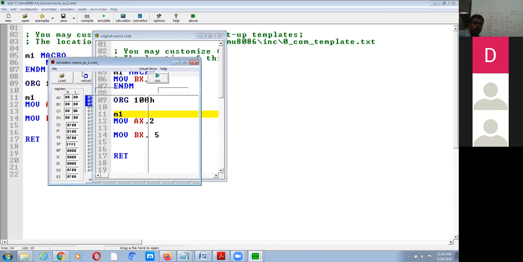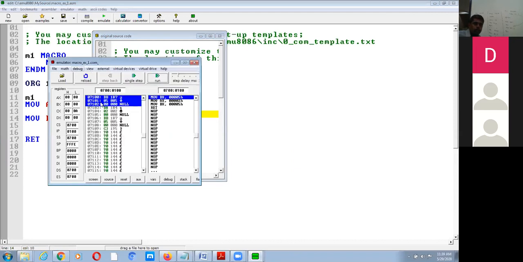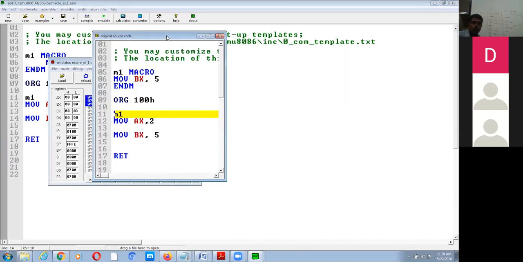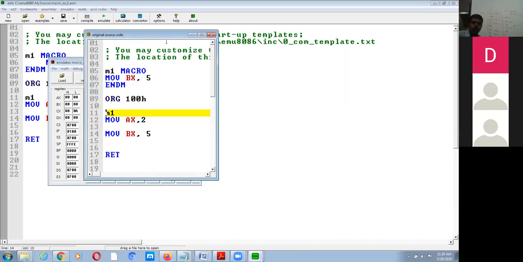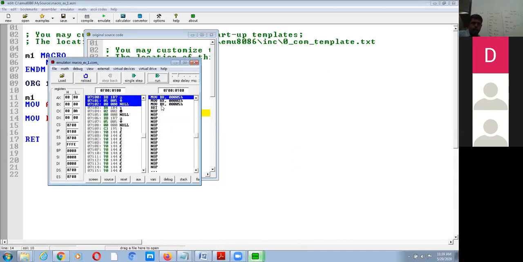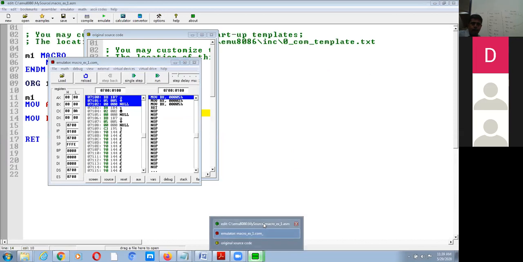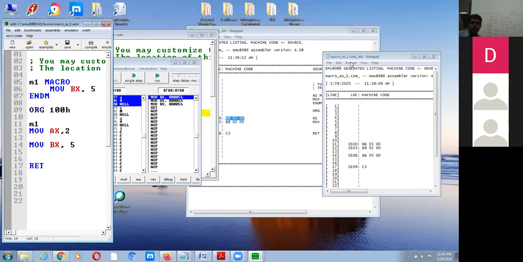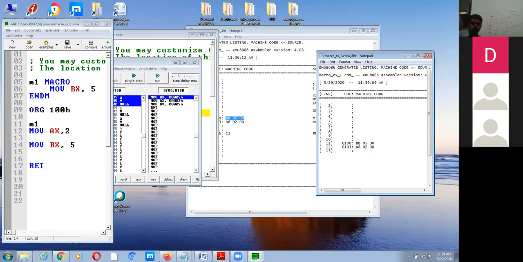So we will view the listing. Yeah, the listing is over here.